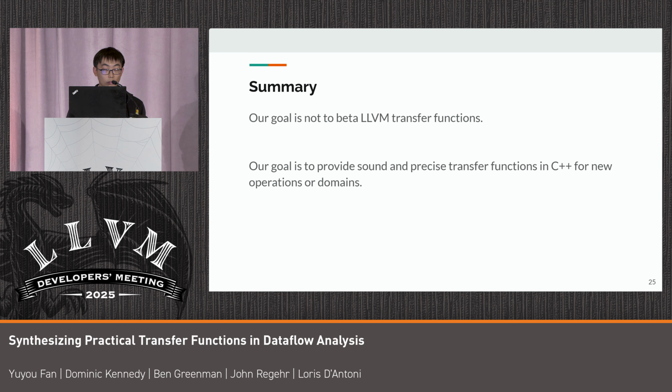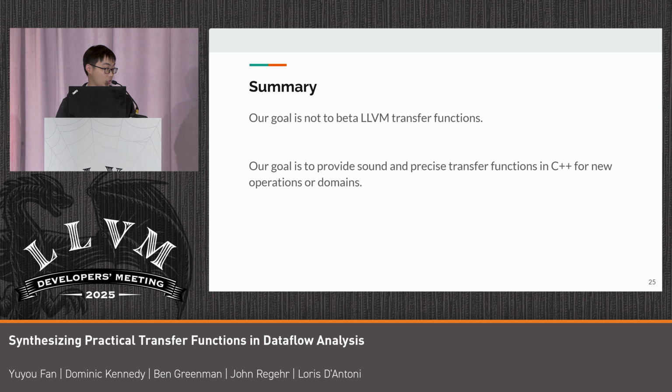So in summary, our goal is not to beat LLVM transfer functions. I remember the first transfer function in known bits was in 2007 or 2008 in ValueTracking.cpp, and then later it was split into a single KnownBits file. People there spent almost 20 years implementing all kinds of transfer functions to improve the precision and find bugs. That's not our goal, to beat them. Our goal is to provide sound and precise transfer functions in C++,